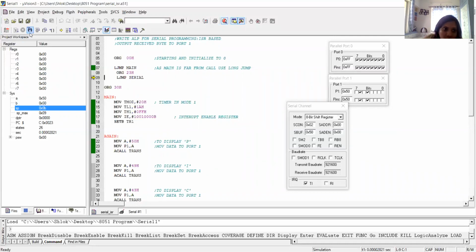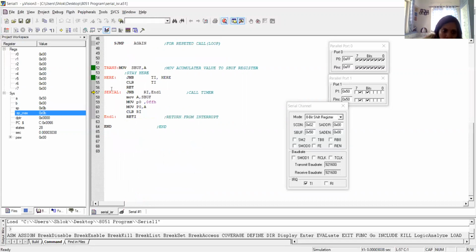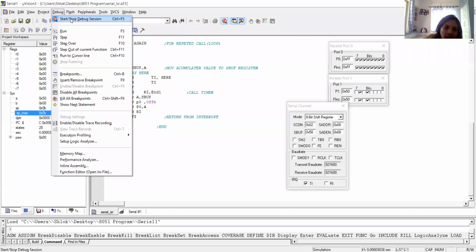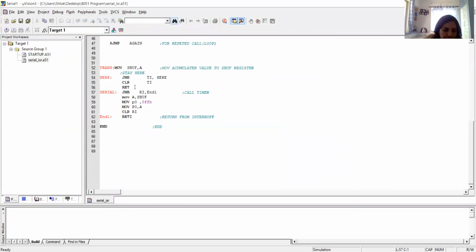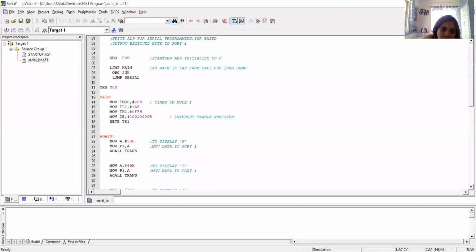So it goes to execute that serial port ISR routine, and then it comes back to the next instruction present after the jump if not bit. That means it is executing the ISR routine present for your serial port. Now see, why am I taking the memory location 23 only for the serial ISR?